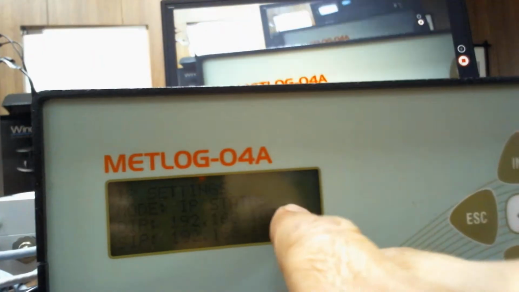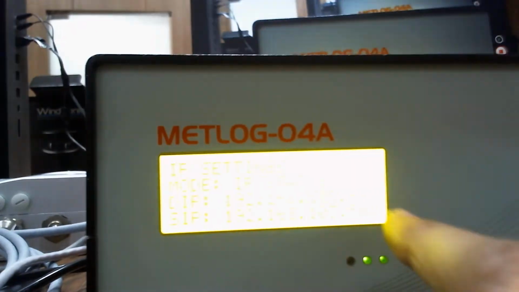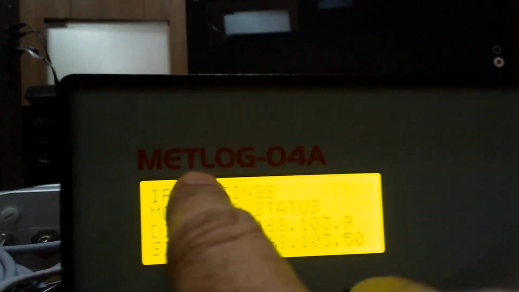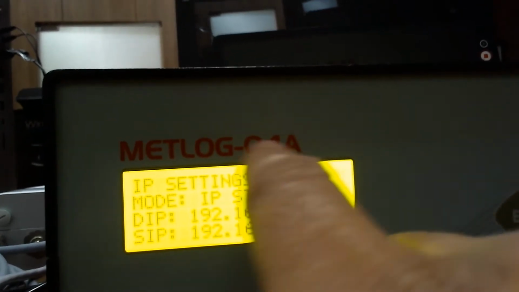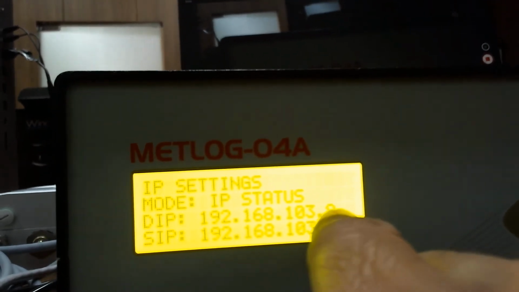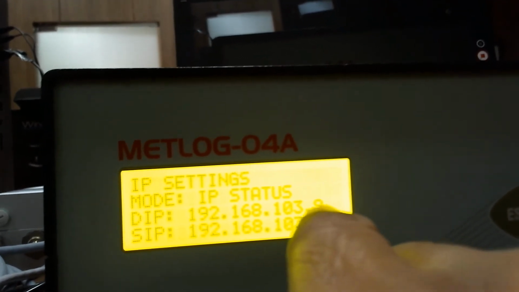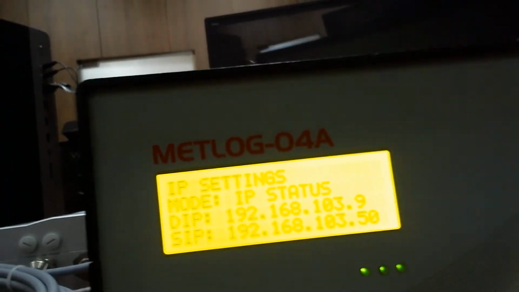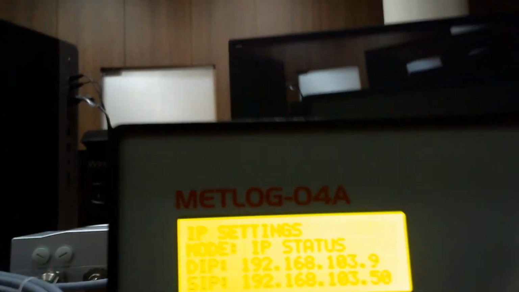When you do this in system configuration mode, only then it will come in this IP settings or IP status. We have to do this change in the system configuration runway number setting. So this is DIP and SIP I have shown you. Press escape button to come out of this mode.